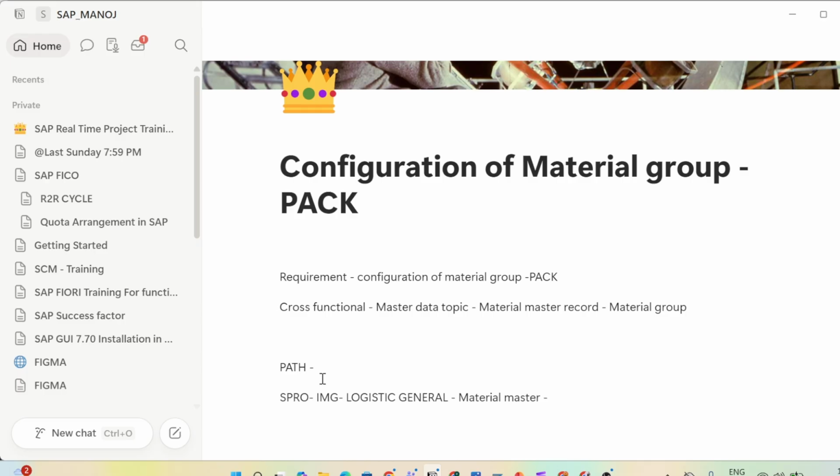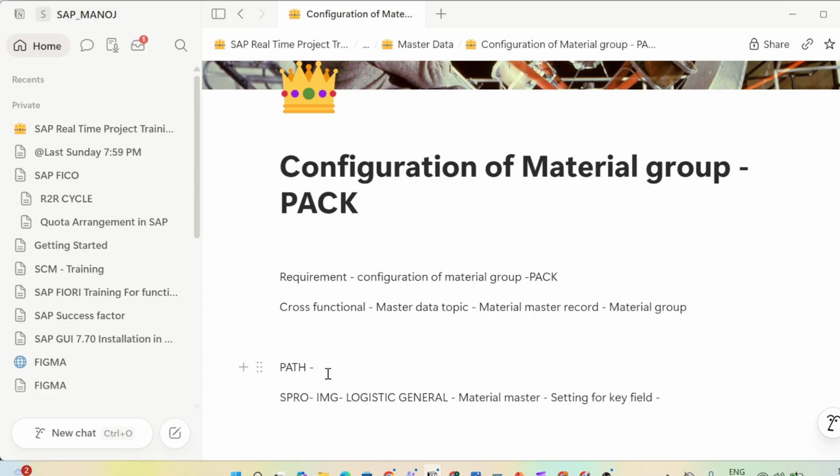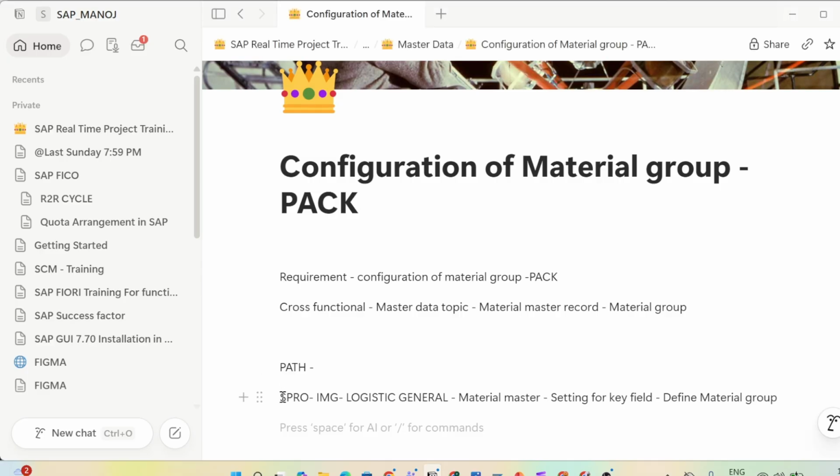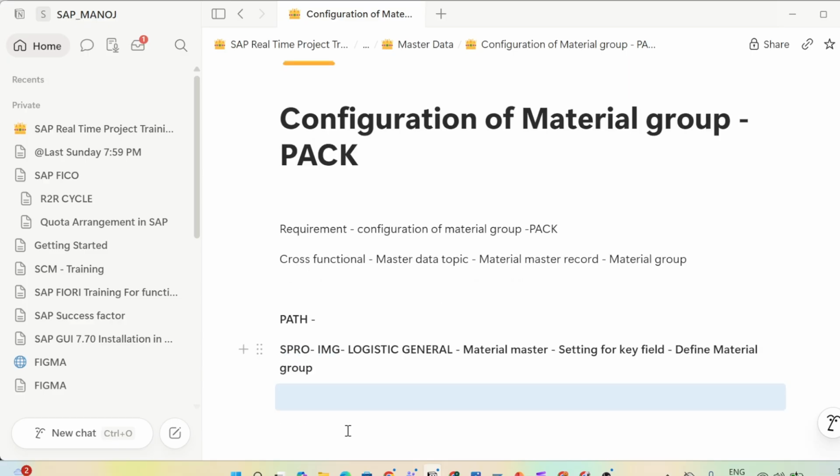After that go to Settings for Key Fields, and after that Define Material Group. This is the path that we are going to follow here.